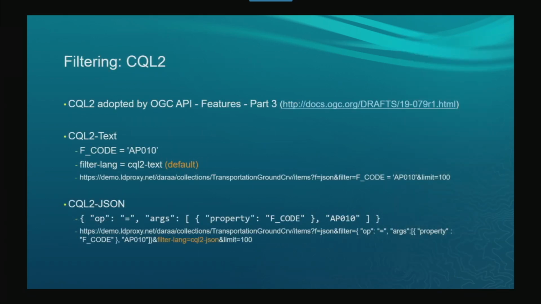This leads us to filtering. I'm going to talk to you a little bit about CQL2 and how it differs from CQL2 JSON and where we support it in the native SDK. CQL2 is adopted by, it's mandatory actually. Any implementation of OGC API Features needs to support CQL2, whether it is text or